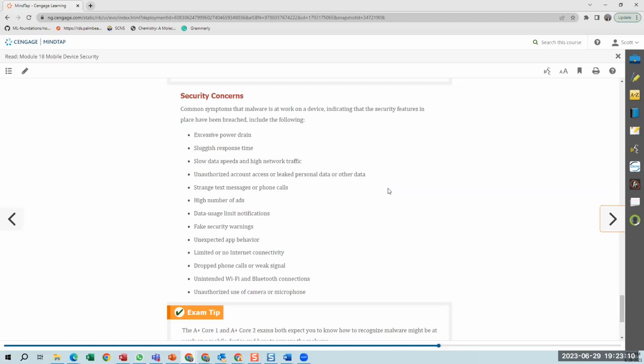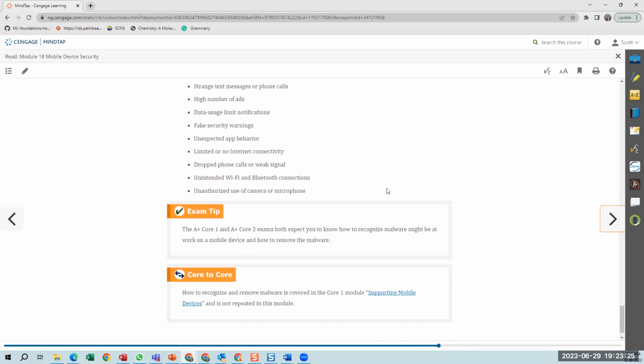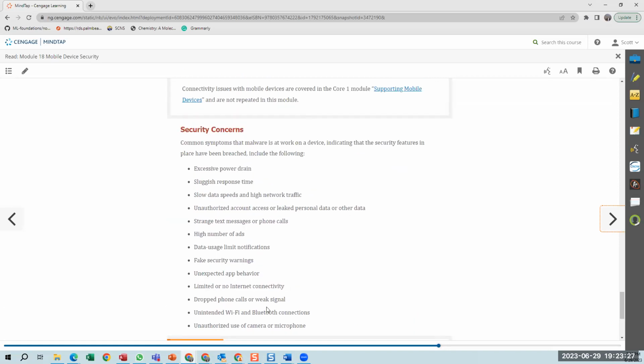All of a sudden, you see that you're connected to Wi-Fi that you didn't connect to, or a Bluetooth device that you don't even know what it is. And for some reason, your camera's on, but you didn't turn it on. An application has taken over. Right? These are things that